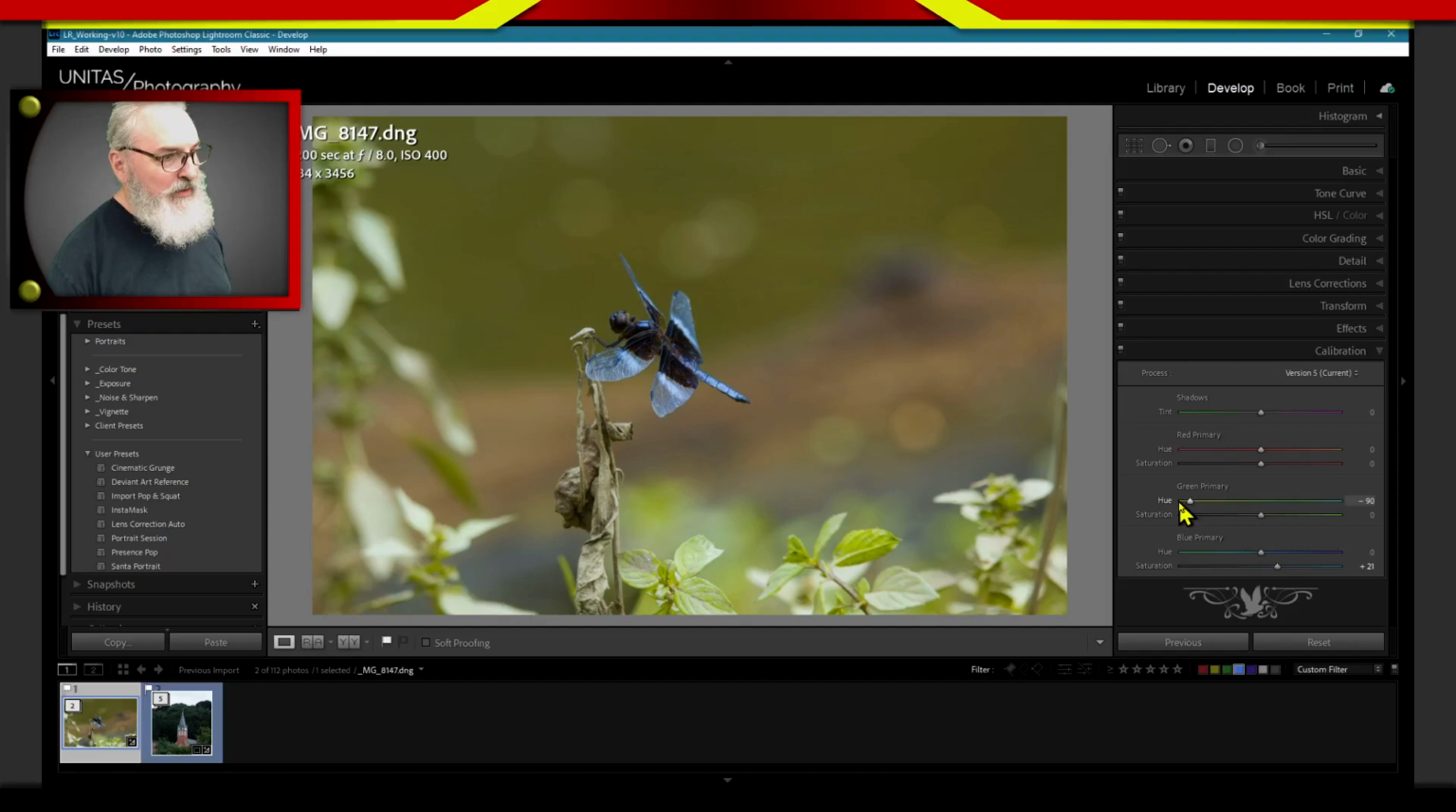And now, that blue dragonfly is popping out. Actually, if I hue,